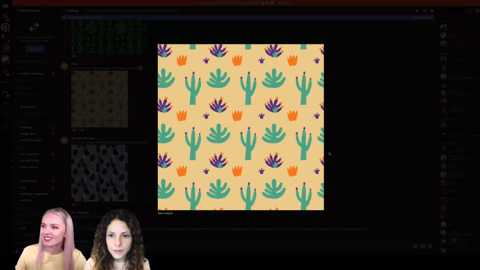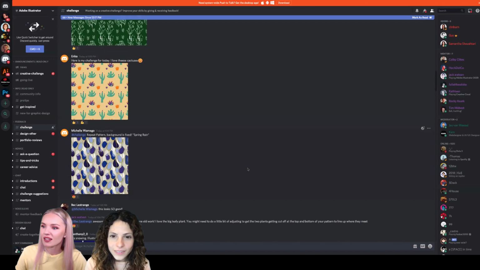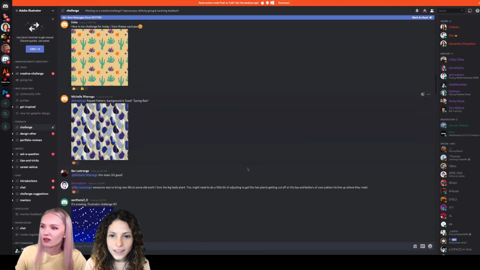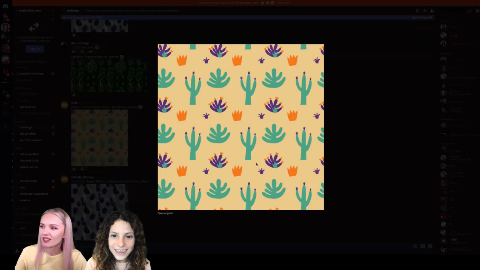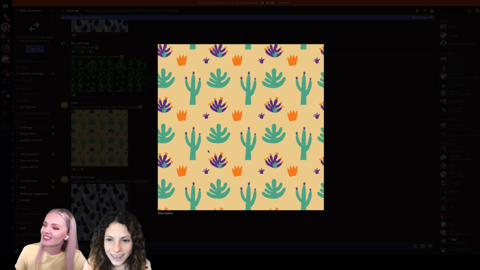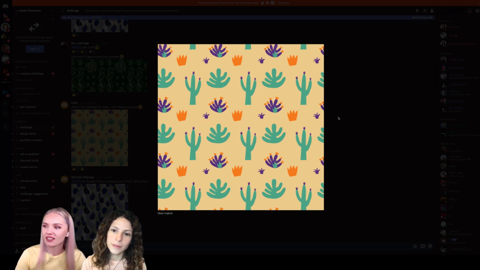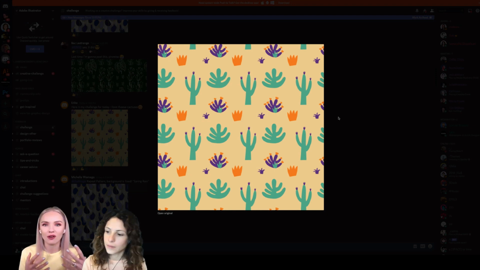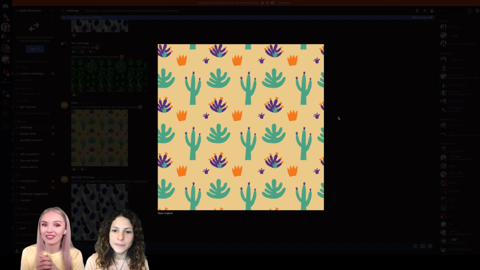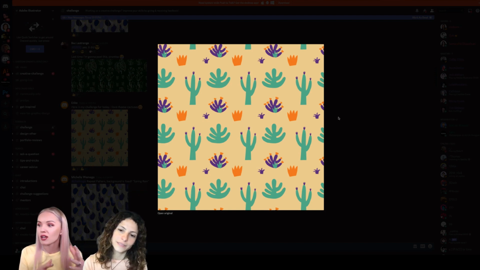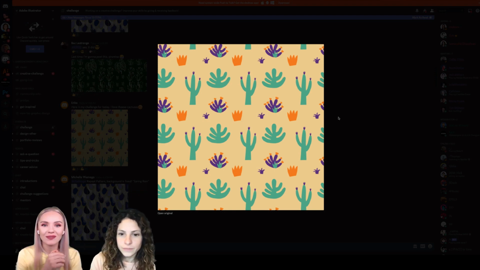Ooh, this looks fun too. This is the one that Erica made from. Oh no, never mind. They look very similar, but it's a different artist. Cool. Yeah, this looks really cute. I love the colors here. Again, I think this very light yellow background works super well with all the other colors you picked. The orange and this turquoise and the purple. It just works together. What do you think, Lina?